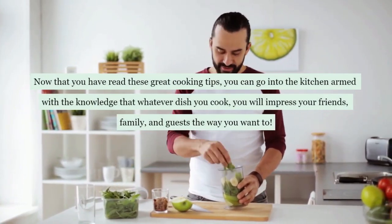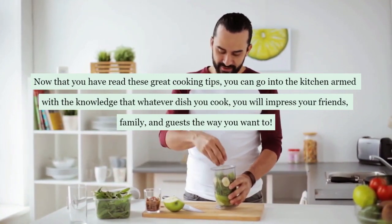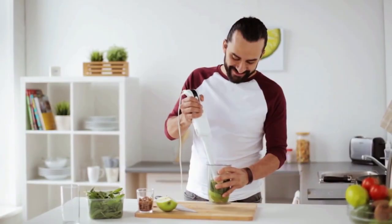Now that you have read these great cooking tips, you can go into the kitchen armed with the knowledge that whatever dish you cook, you will impress your friends, family, and guests the way you want to. So head over to the kitchen and get